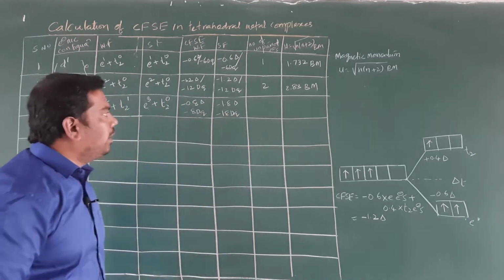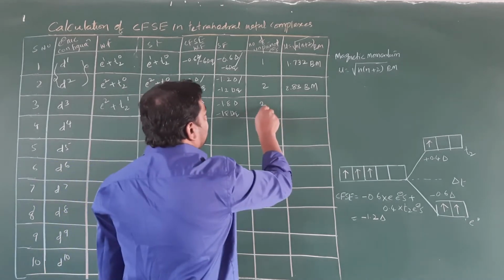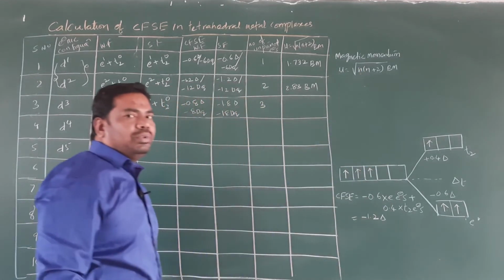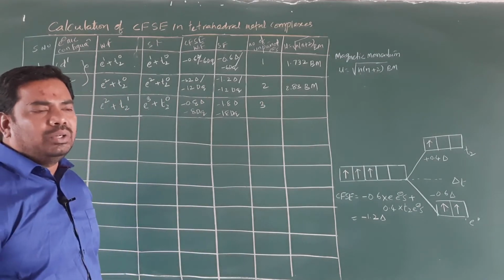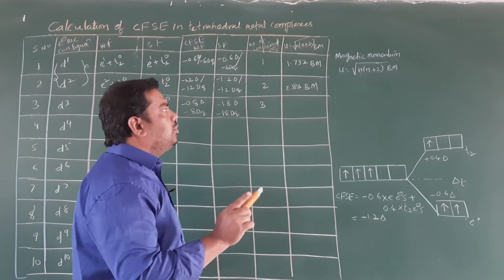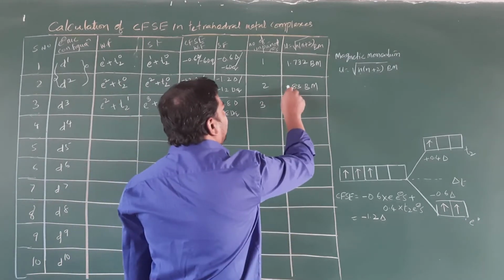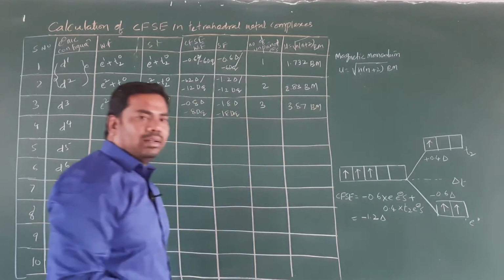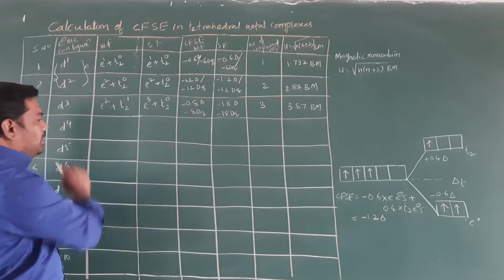Okay, clear, student? Right. So the number of unpaired electrons is 3. Therefore the magnetic moment is the square root of n into n plus 2, that is 3 into 3 plus 2, which is 3 into 5, root 15. So approximately the value is 3.87 Bohr magneton. Clear, student? Right. Next, if it is D4